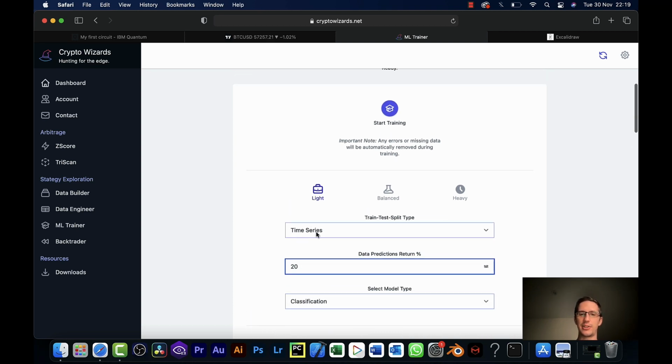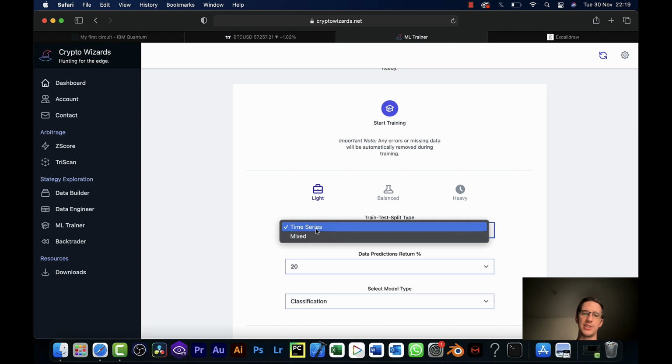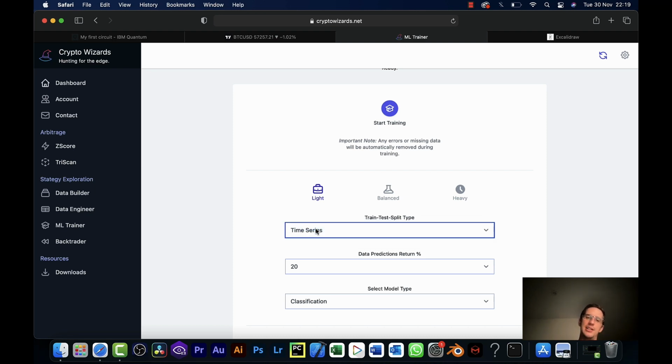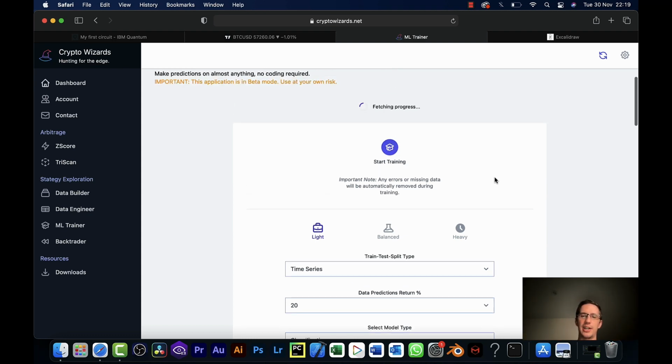And here I've got time series. So all this means is, do I want to split the data based on the sequence because it's a time series and that can be important? Or do I want it to chop up the training data randomly? Think of it like that and test it in various configurations, which if you're predicting, say, what football team will win something, etc., which you can do using this, then that's how you would do it. So that's fine. I'm just going to use time series and just start training.